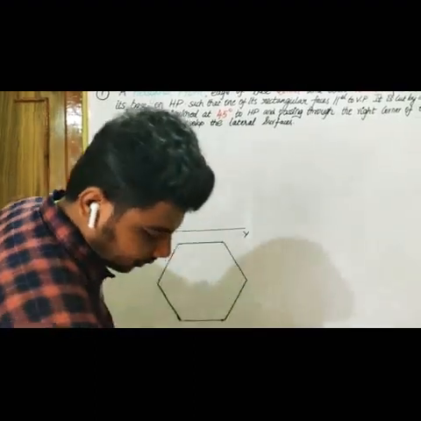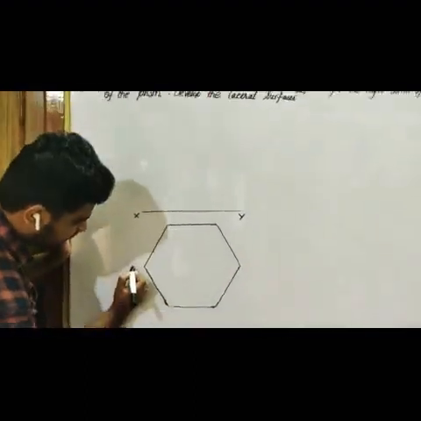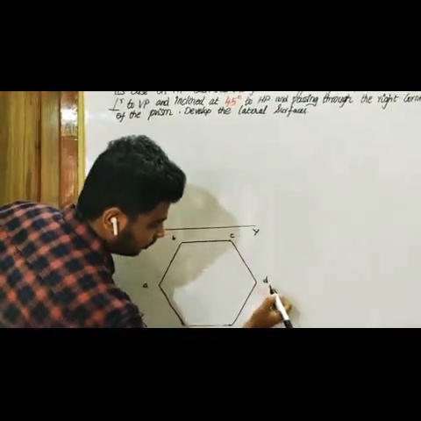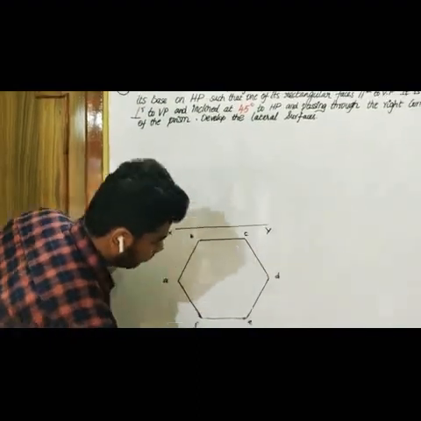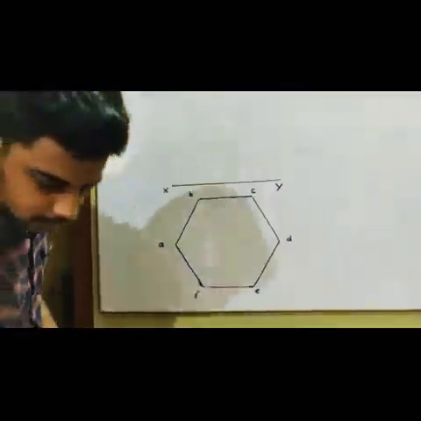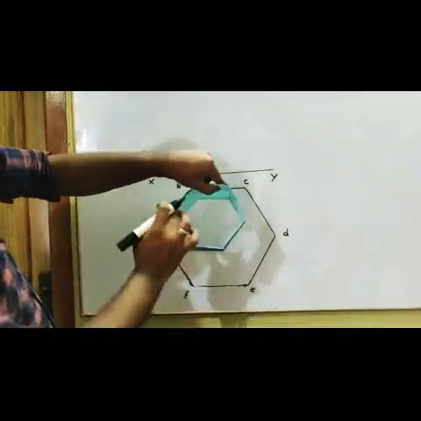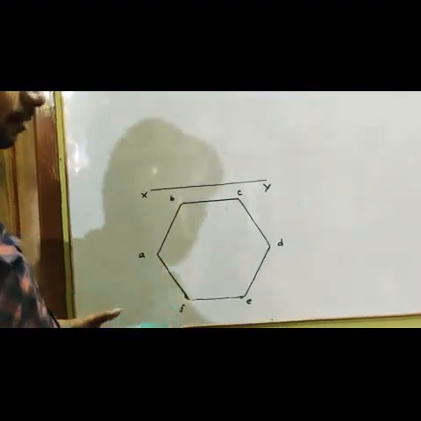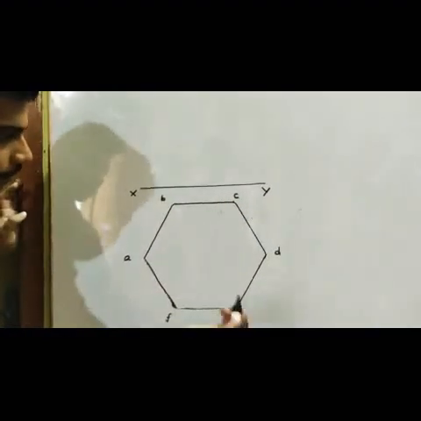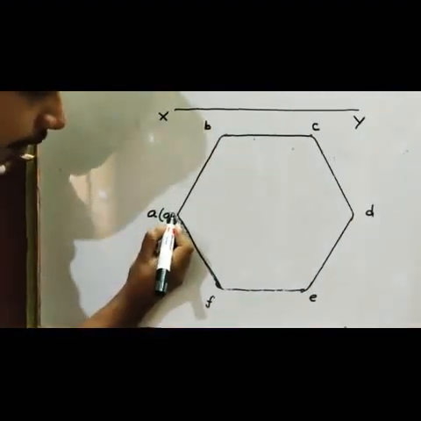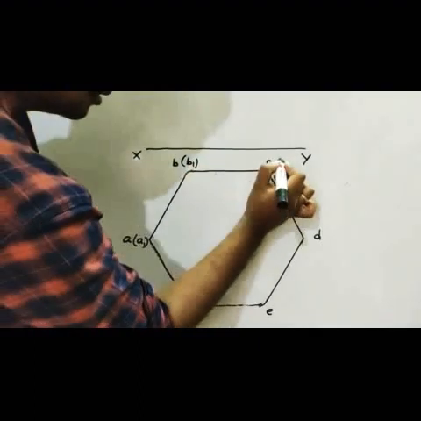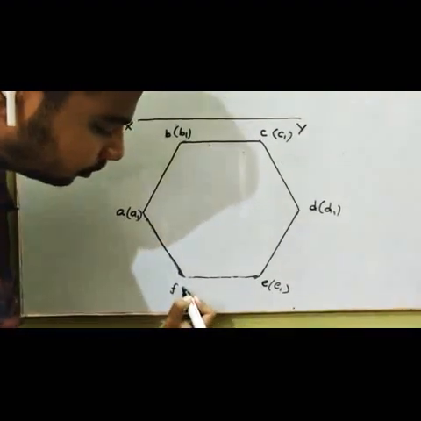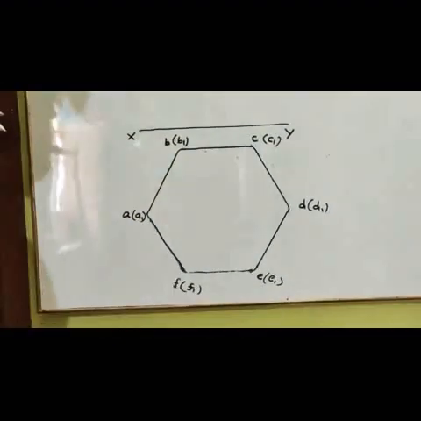So I'm going to give the denotations here, right? So this is my A, B, C, D, E and F, right? So the bottom surfaces, right? So this is your top and the bottom. So I have a cut plane here, so I am going to give numericals to the cut plane, so that I am giving again alphabets to the bottom corners. So that is your A1, this is your B1, C1, D1, E1 and F1, right?